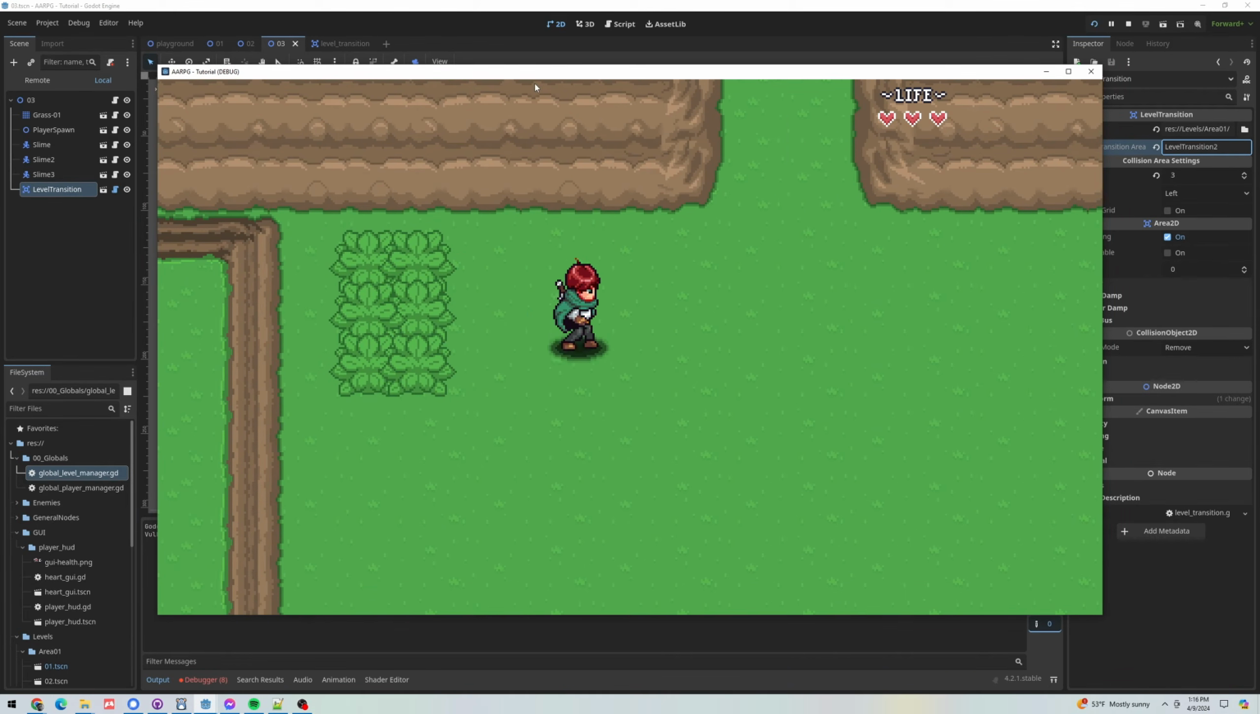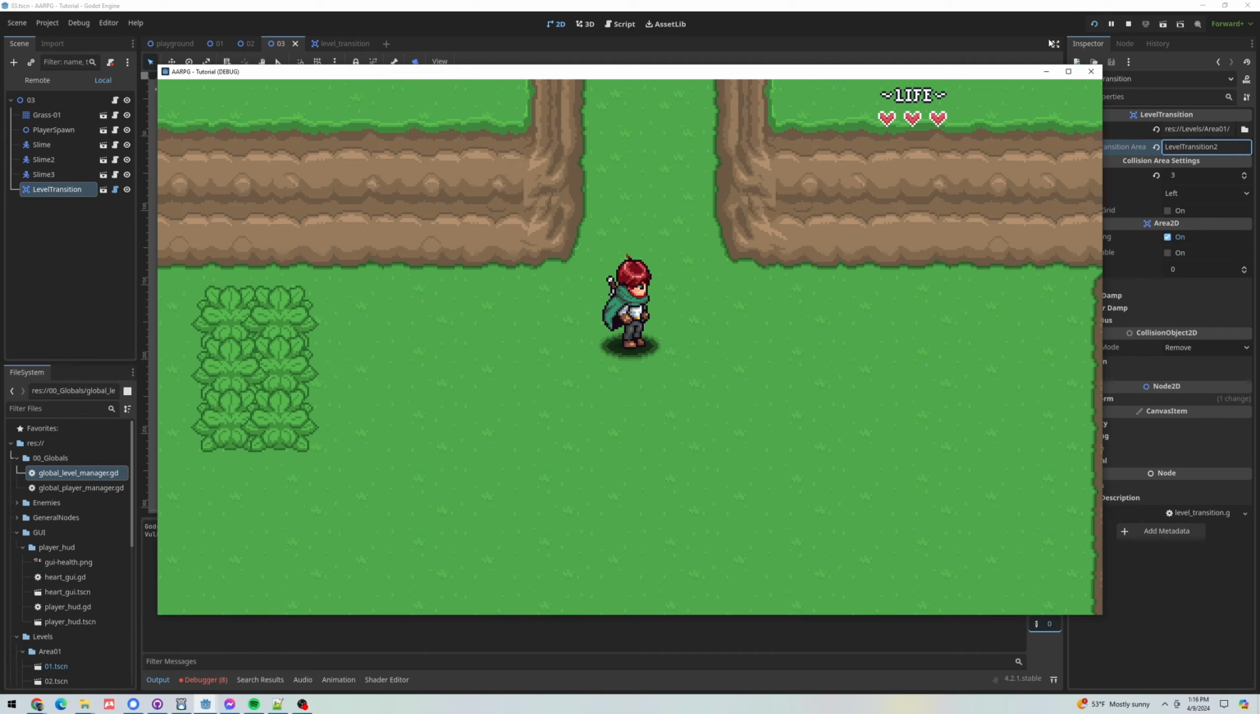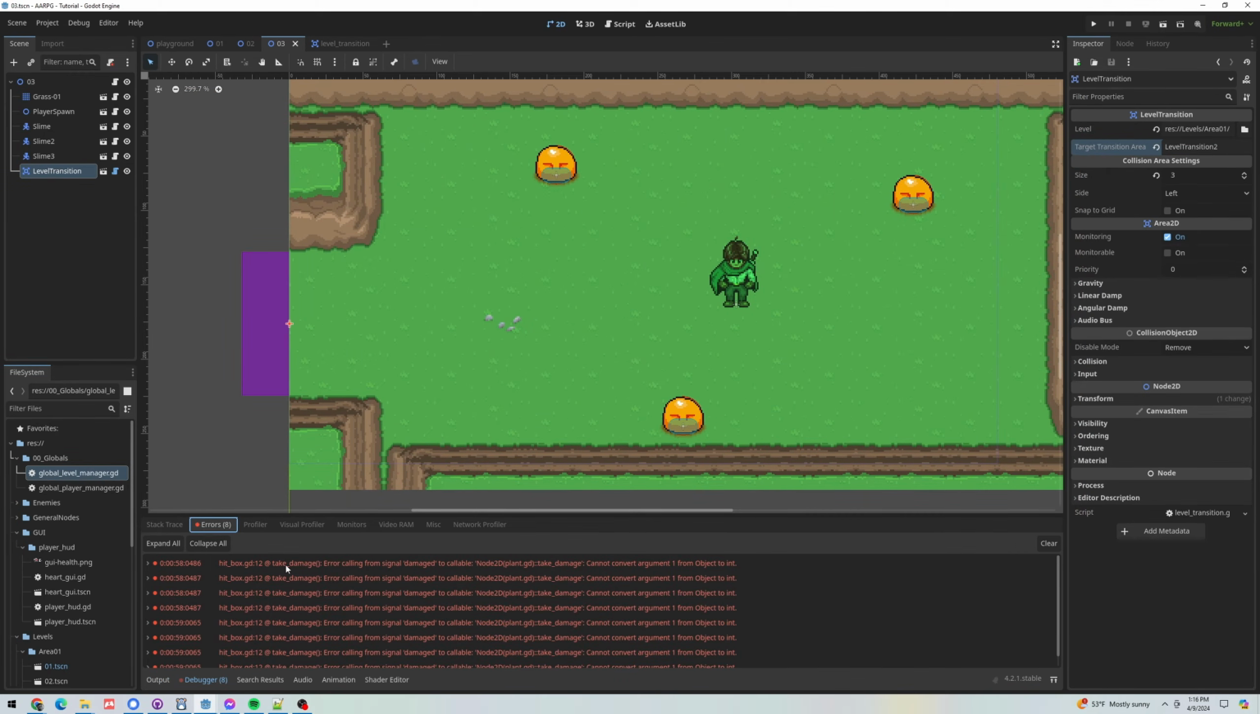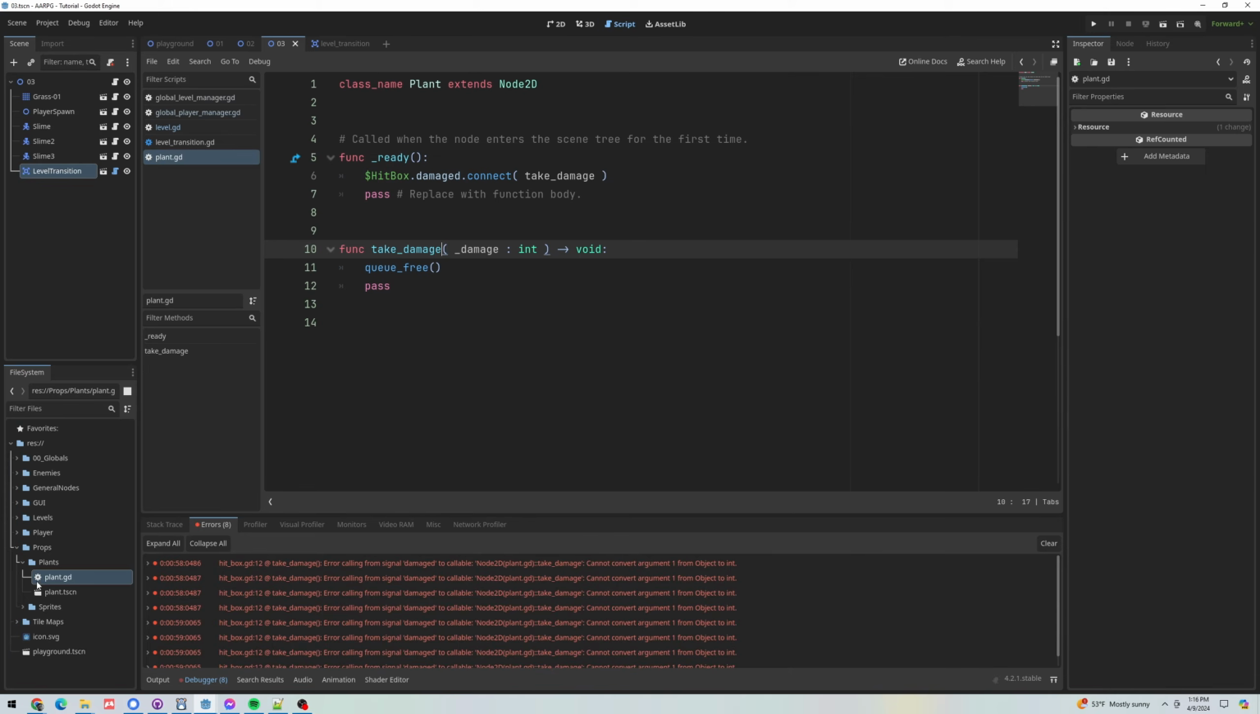And I've got an error with my plants. I wonder if this is an error that I had previously. Oh, yeah. Let's fix this real quick. If you were following along in a previous video, I think some of you actually saw this. I did not fix this. We changed how our hitbox and hurtboxes work. Let's just go to our plant and update that real quick. So props, plants, plant script,